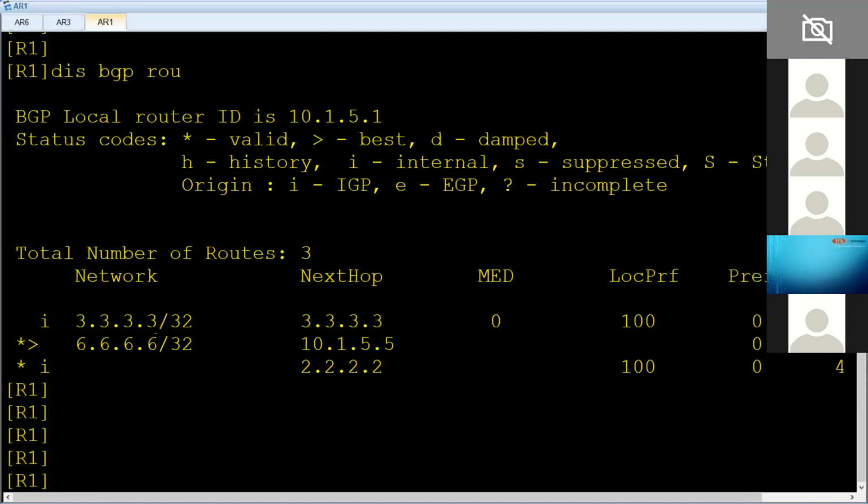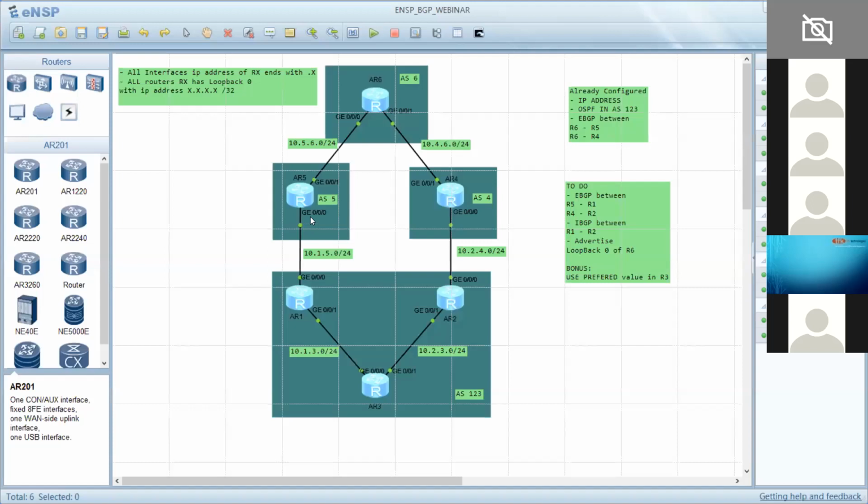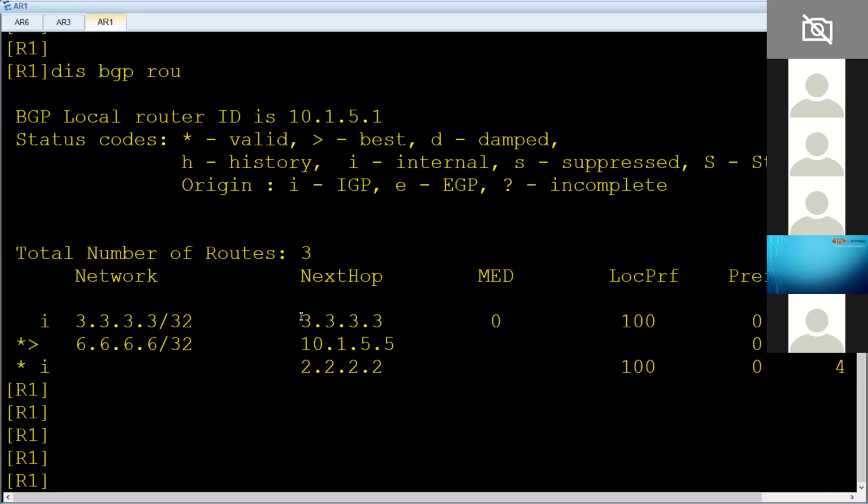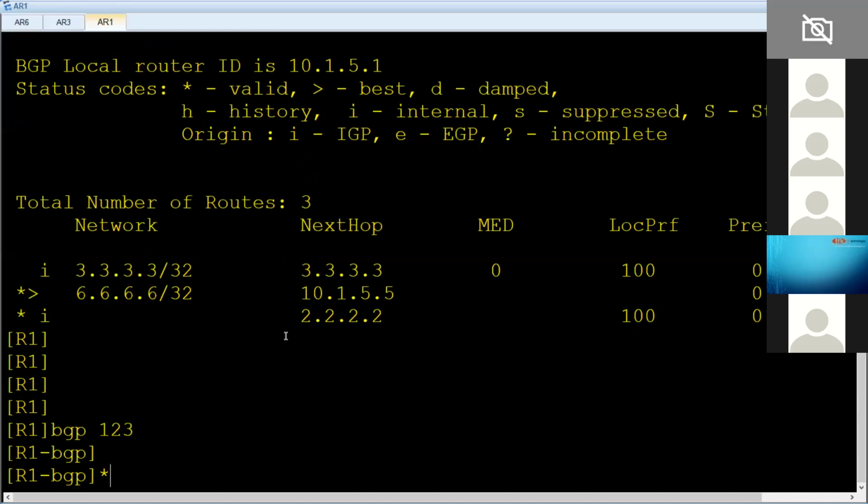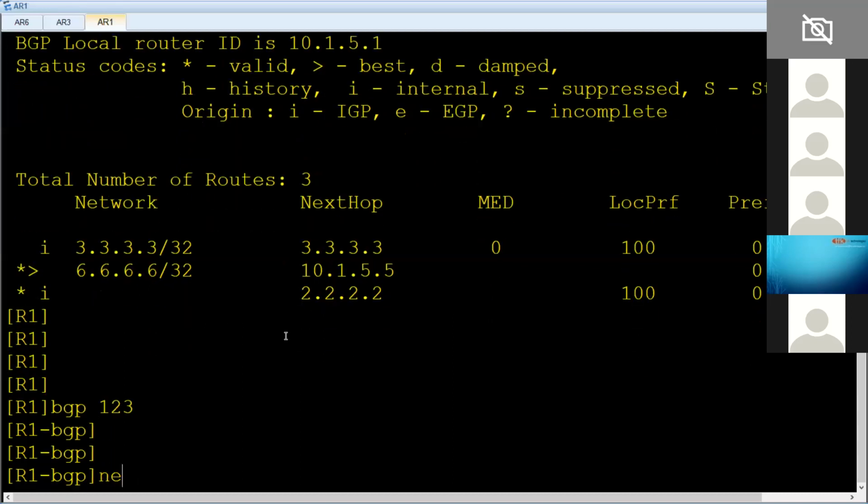So when R1 sees that this route is learned via OSPF, we have a RIB failure. R1 will not advertise this route to its neighbor. The solution of this problem is to advertise the route in R1, because in Huawei routers,